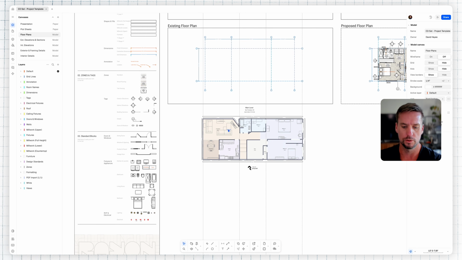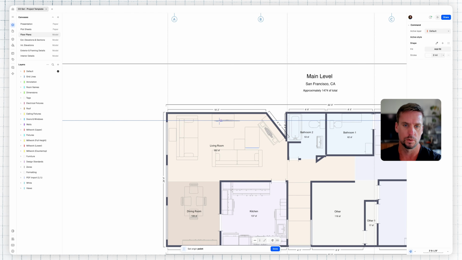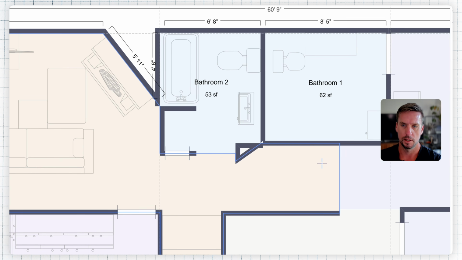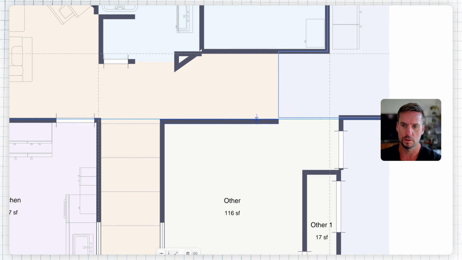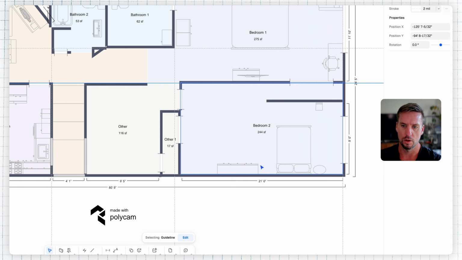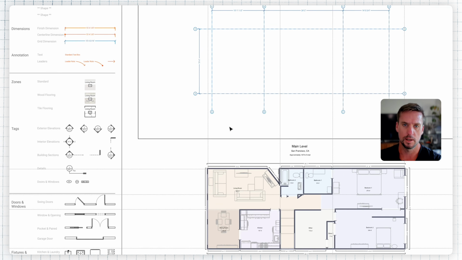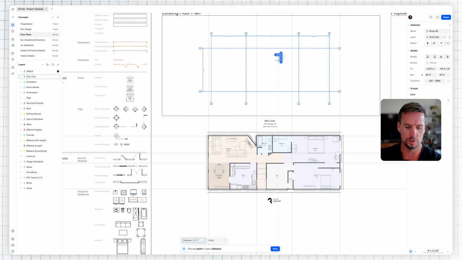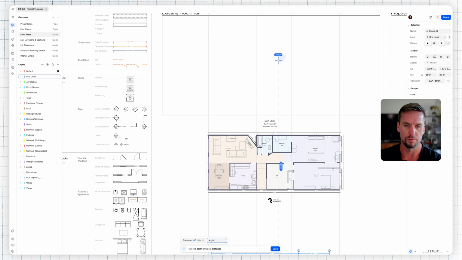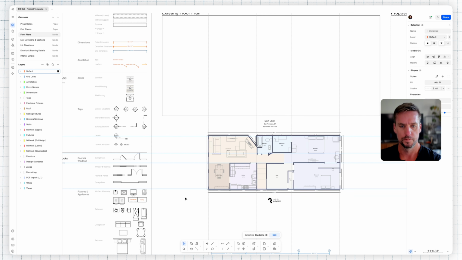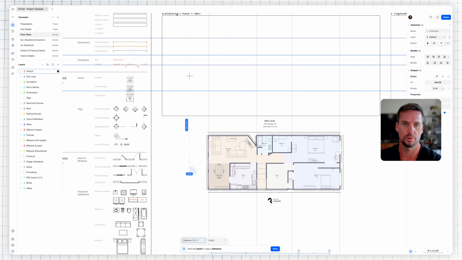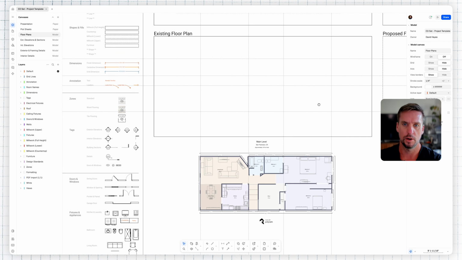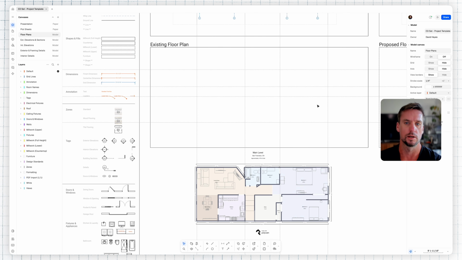But what I am going to do is get my horizontals in here as well. And let's see, maybe these ones. So I can get that hallway at least. All right, and then before I take this any further, I'm actually going to move this out of the way because I'm going to do my grid lines later. But for now, I just want to work with a blank canvas on this. So I'm going to move these grid lines up,